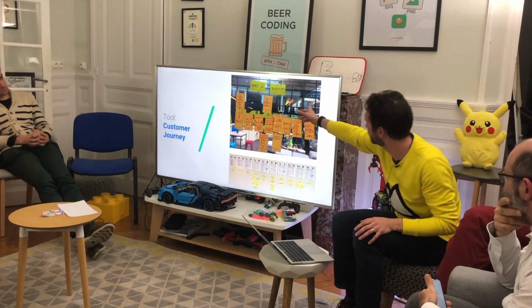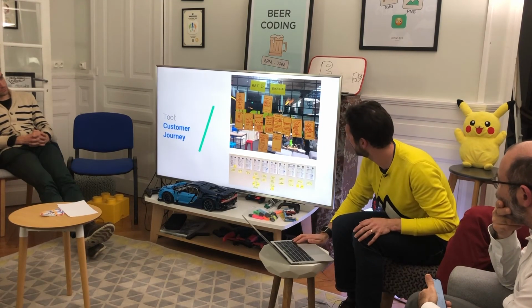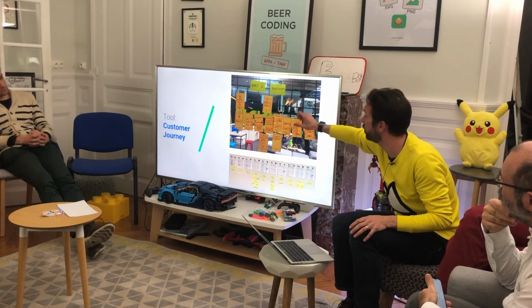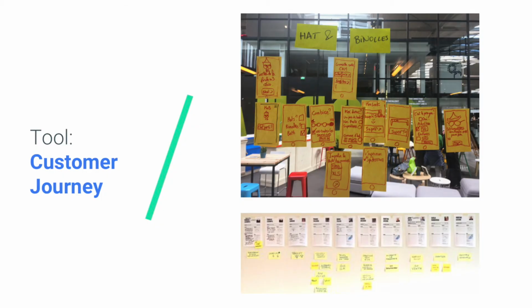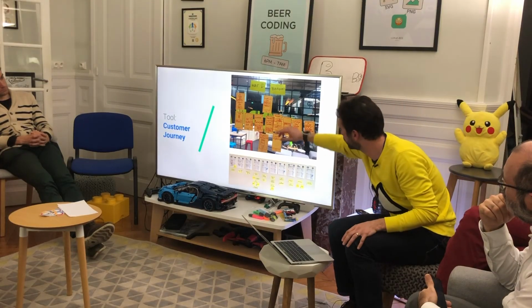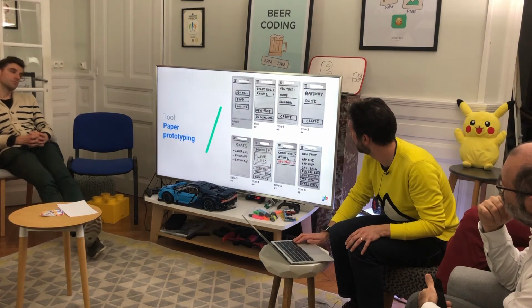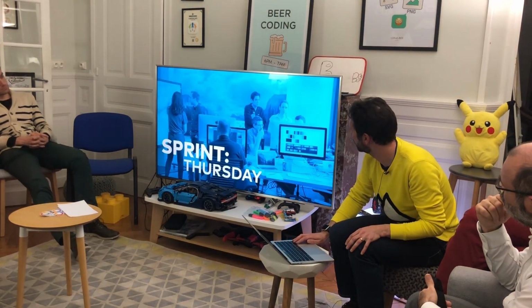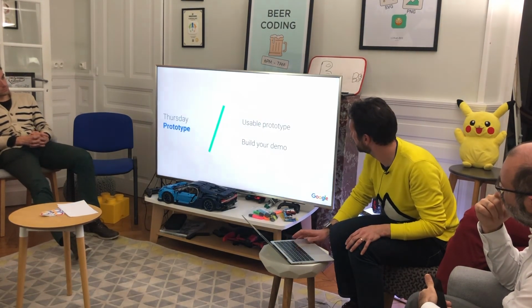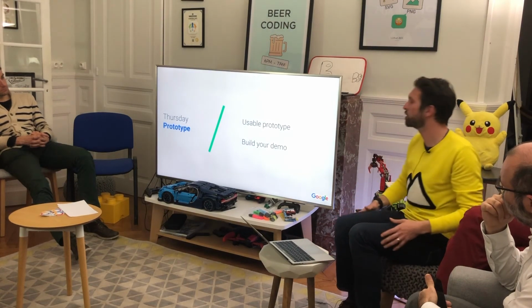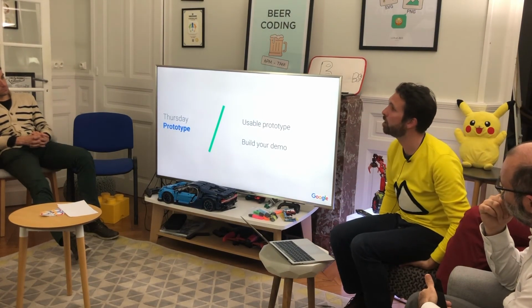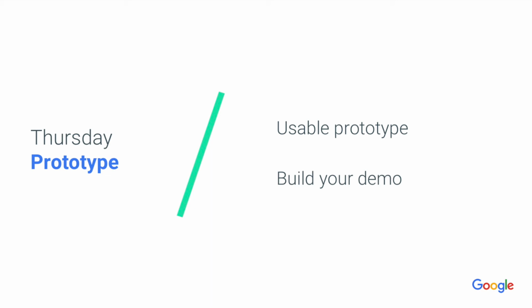And then finally, you would build your customer journey based on all the different sketches that you built on Tuesday, and based on the one that you retain, you would build your user journey typically on that day. Okay, then on Thursday, the idea is to build a real demo, something based on all the sketches,